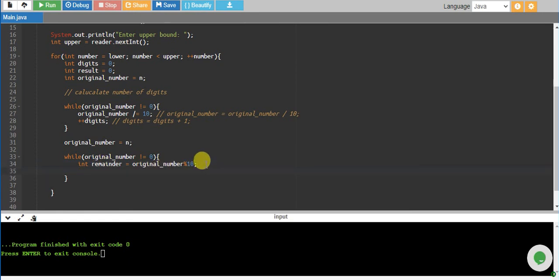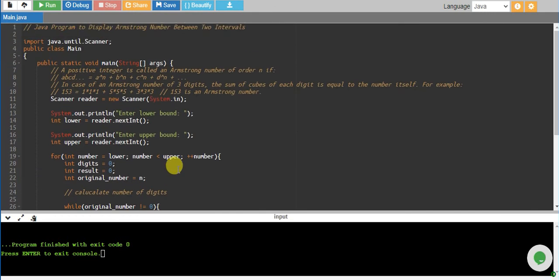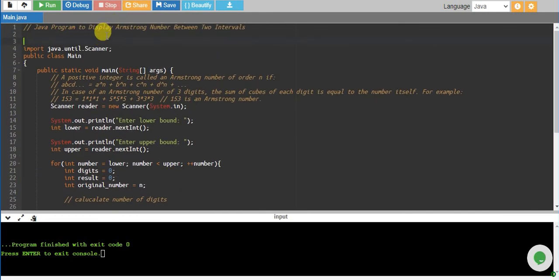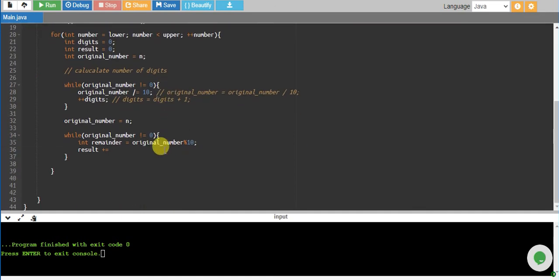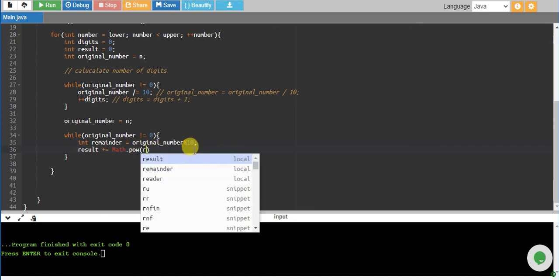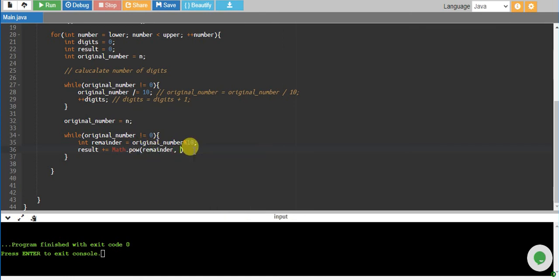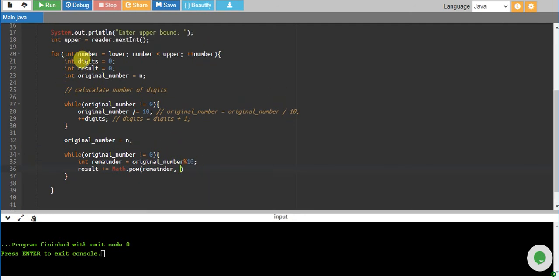And we will add it to the result. For calculating power, we'll need to use the power functionality of the Math library from java.lang.Math. Over here Math.pow takes the base, which is our remainder, the digit itself, and the power, its order, which is digits, the number of digits. And right over here we will reduce the original number by one digit.